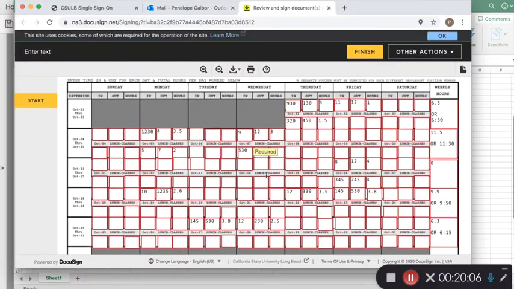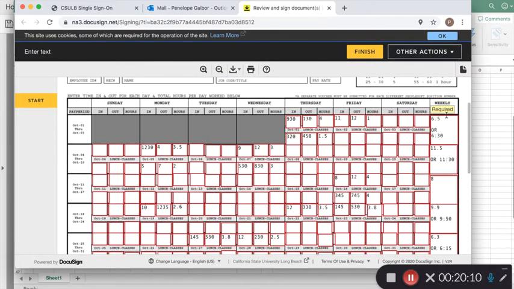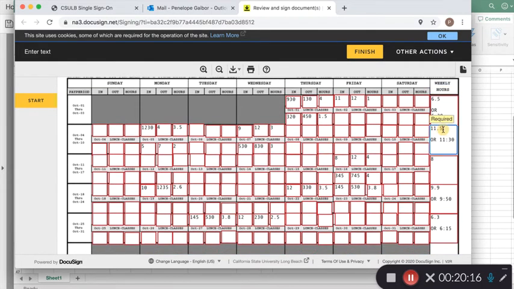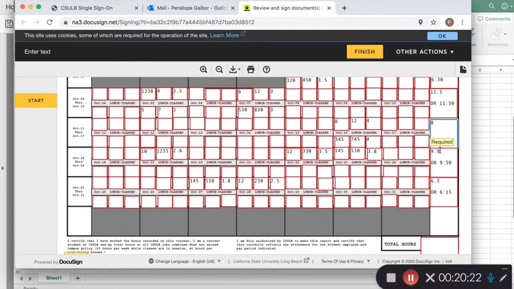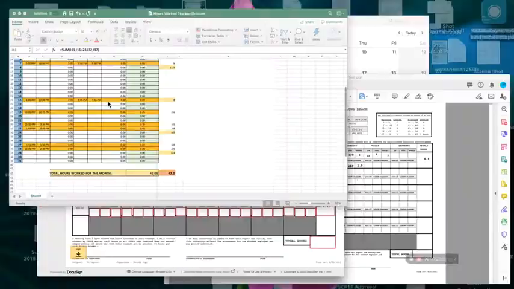So right here on my DocuSign, I already have all of that filled out. As you can see, I have 6.5, or that would be 6 hours and 30 minutes. I have 11.5, or that would be 11 hours and 30 minutes. I have 8 hours. I have 9.9, or that's 9 hours and 50 minutes. I have 6.3, or that's 6 hours and 15 minutes. So counting all of this together,